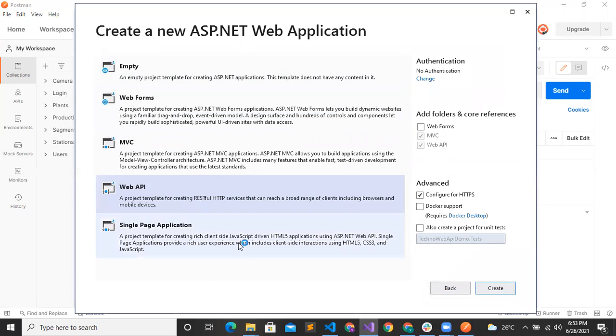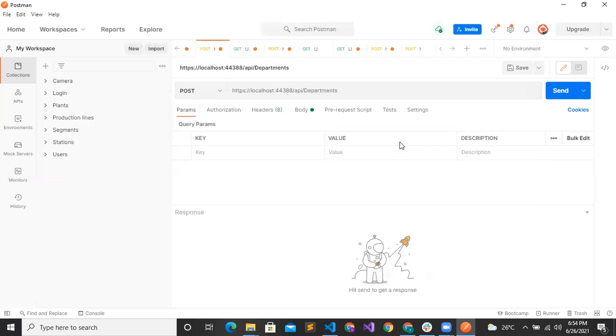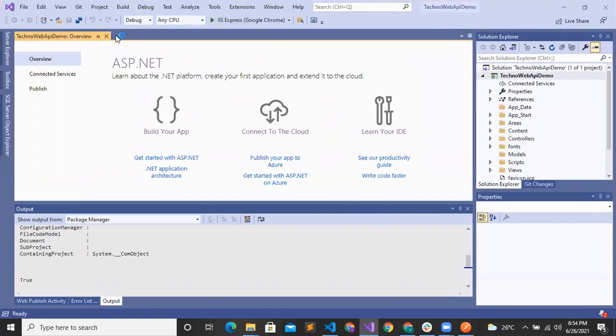You will see this screen, and you have to select Web API and select create. Now our project is created.